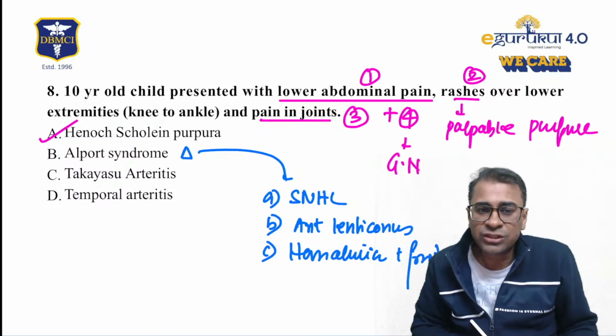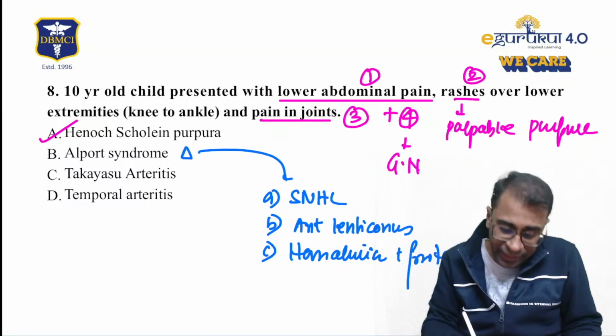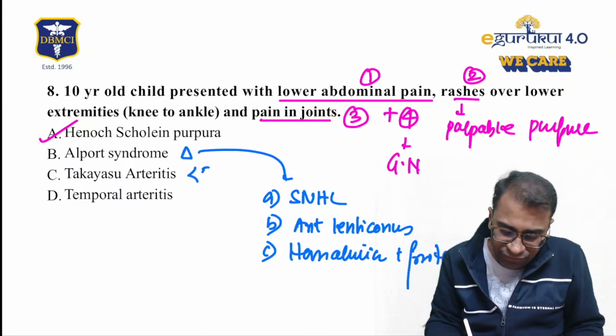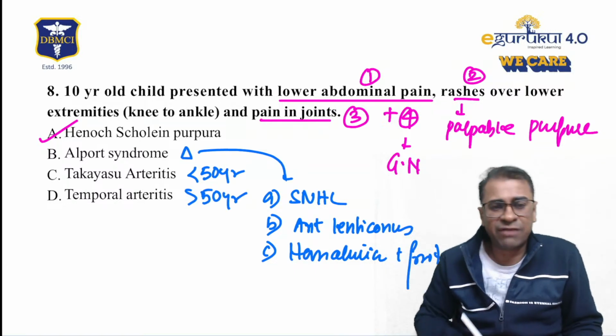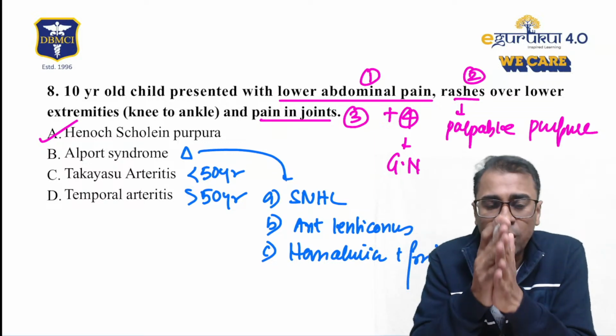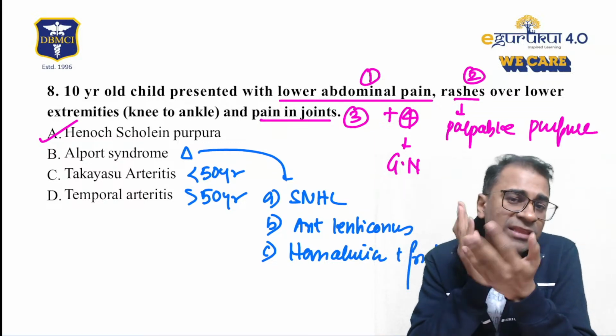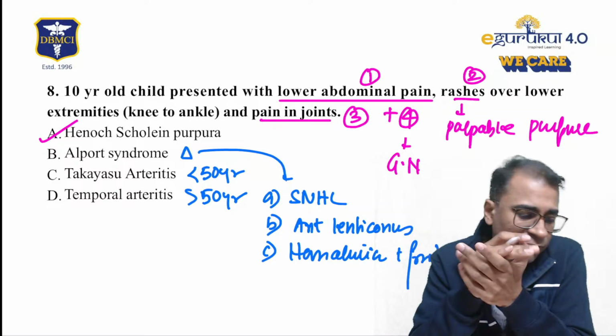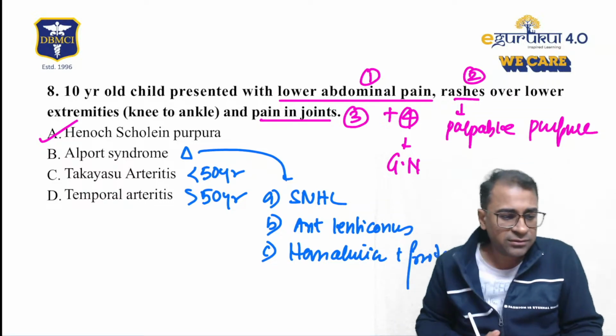सर टाकायासु आर्थराइटिस और टेम्पोरल आर्थराइटिस में क्या होगा? एज इज डिफाइनिंग फैक्टर. Less than 50 years of age here and above 50 years of age here, more or less they will have same finding, but just remember pulseless disease is Takayasu, and the pain in the jaw, claudication, is a finding of temporal arteritis. Okay,